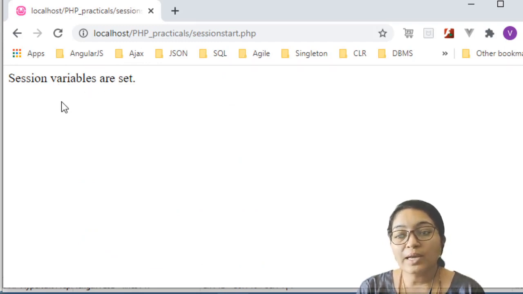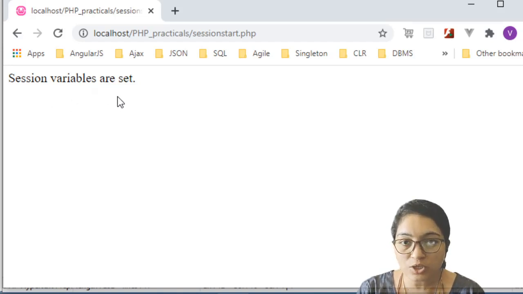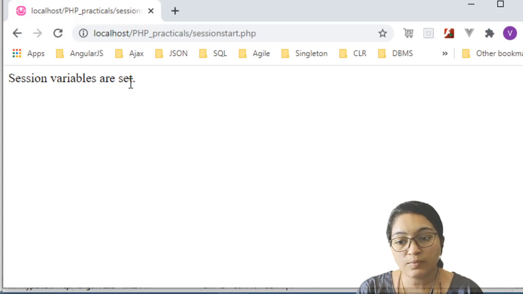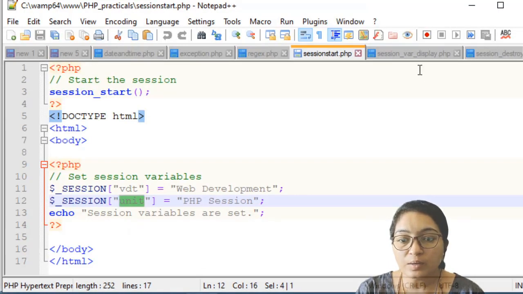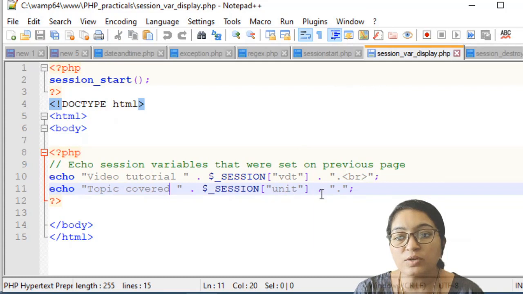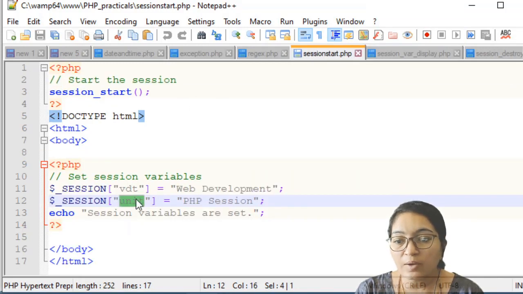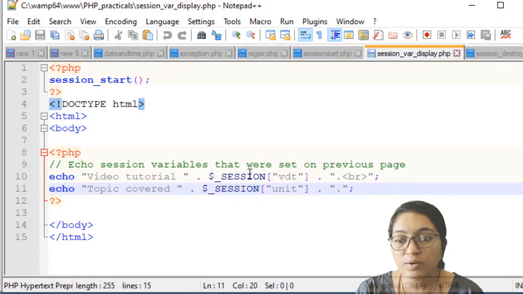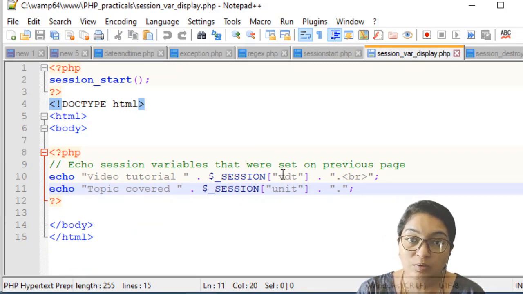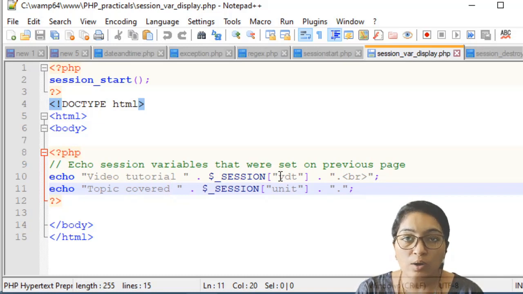Now you can use the session variables anywhere in the PHP file. So I have created another PHP file, that is session_variable_display. Here again I have to write session_start, and after that echo video tutorial, $_SESSION in brackets VDT. Remember that here I have written VDT in small letters, and in the same way here you have to write VDT in small letters. There should be no case-sensitive mistake.